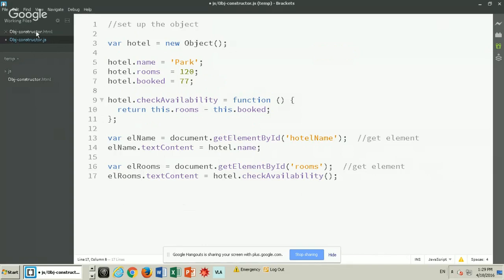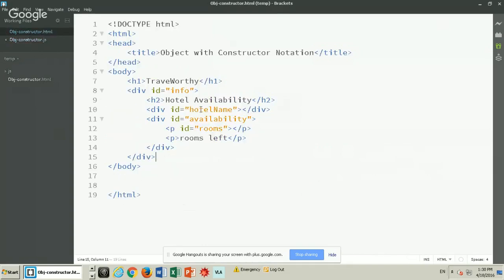So now, if we add the JavaScript here, we call the file, call the script. Do you guys remember how to do this? Name of the folder. There it is. And now if we save all,